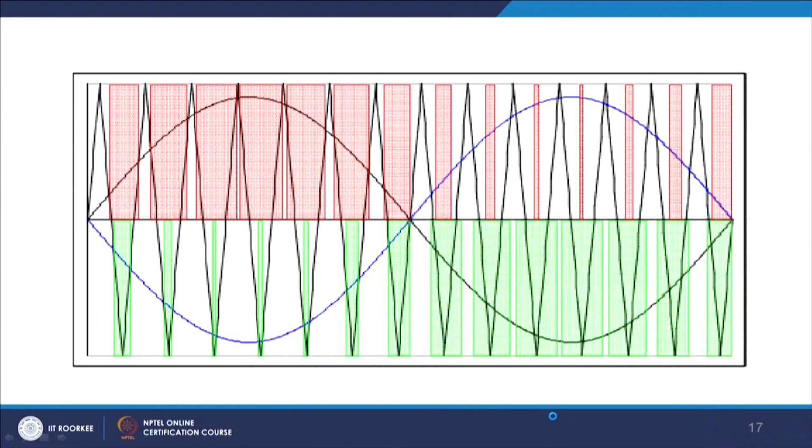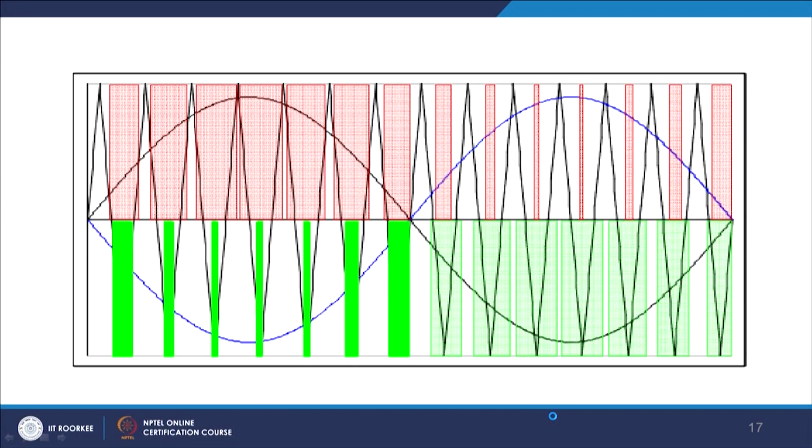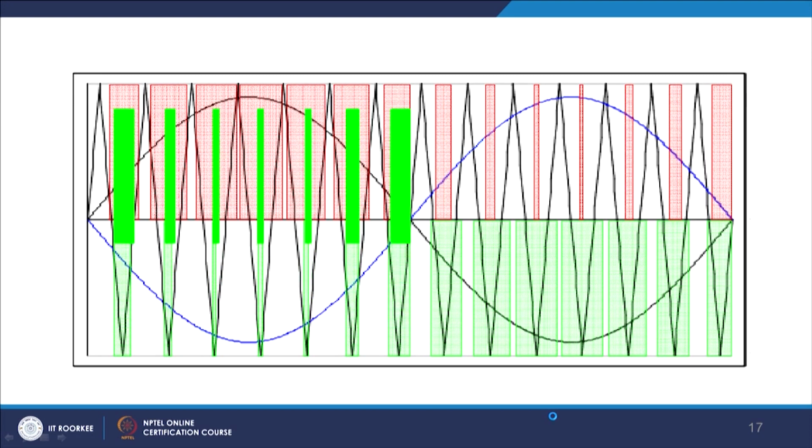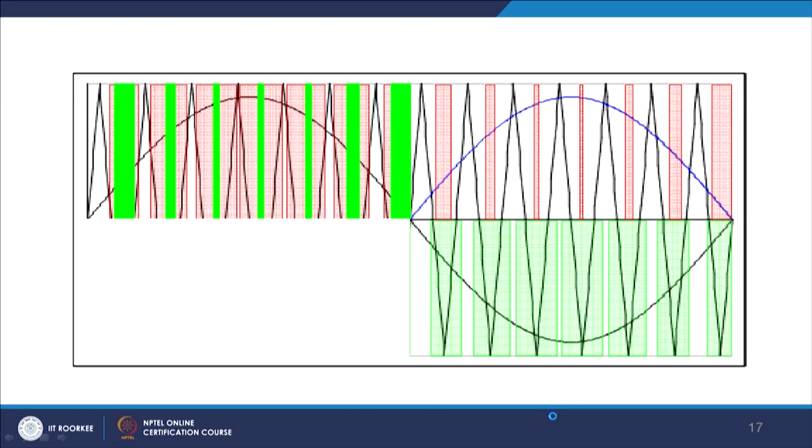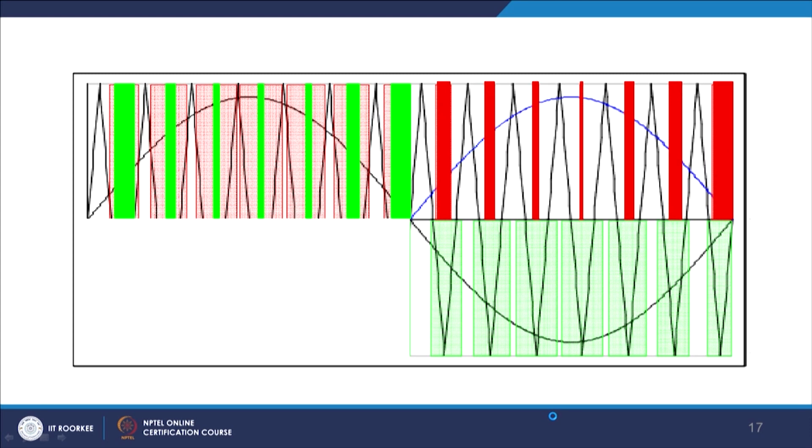Since you want to get a pole voltage of B, thus it will become unipolar. So, ultimately this will be subtracted from it, because this is the A voltage and this is the B voltage, and ultimately this will get subtracted, and so you get the resultant waveform something like this.